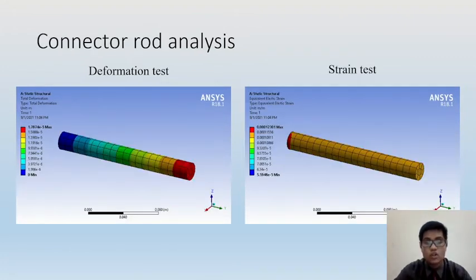So this is the connector rod analysis. For this analysis, we can do a deformation test and a strain test also. We're going to assume a force of 2500 Newton is acting on the y-axis. From the deformation test, we can see the deformations start to occur at the right end point of the connector rod,